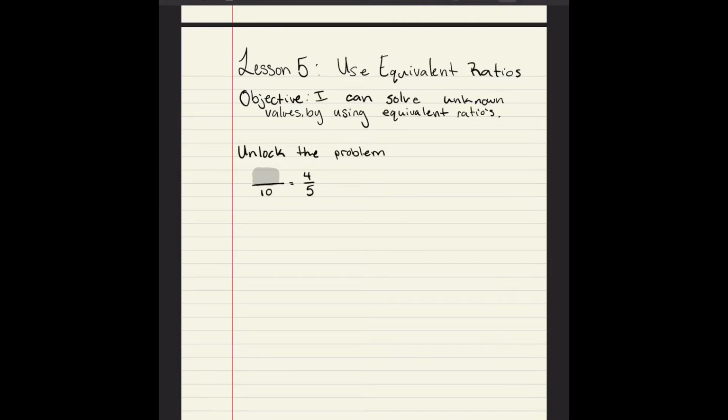This is Hughes equivalent ratios. So our objective is I can solve unknown values by using equivalent ratios. And we have no vocab, so we're going to jump right into